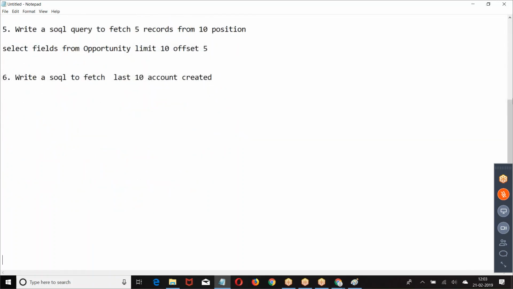What is the SOQL to fetch the last 10 accounts which are created? Now we need to use the combination of order by and limit.